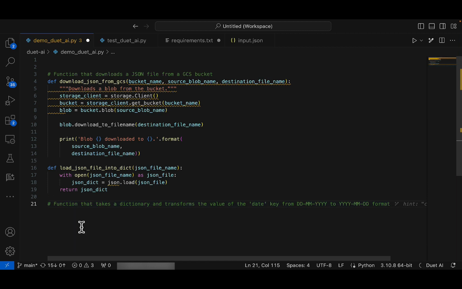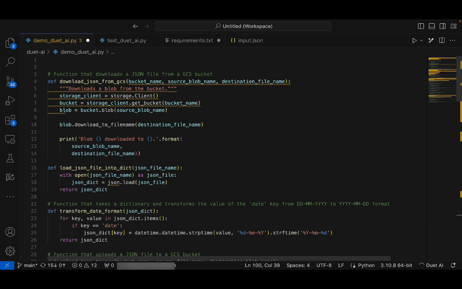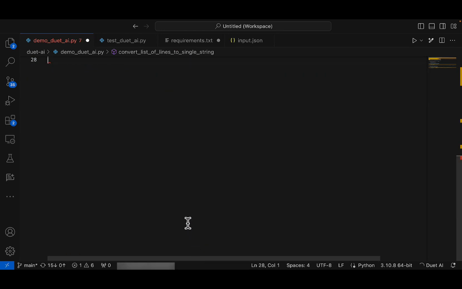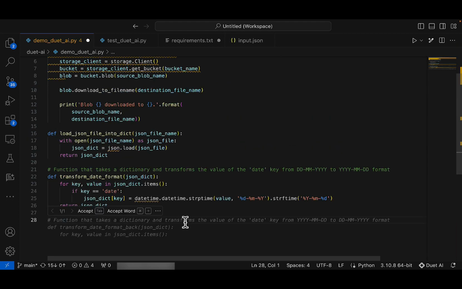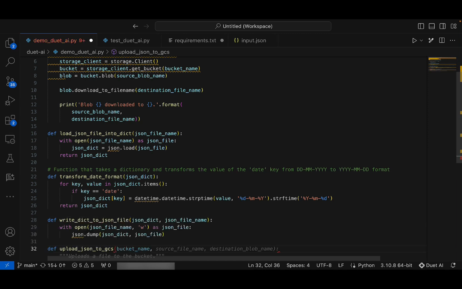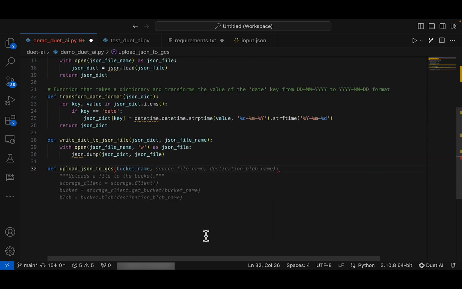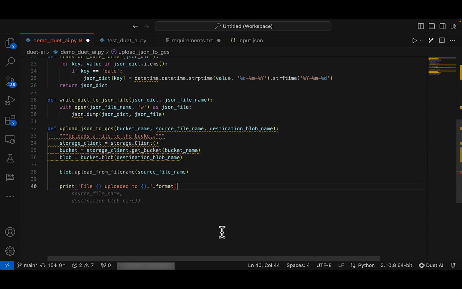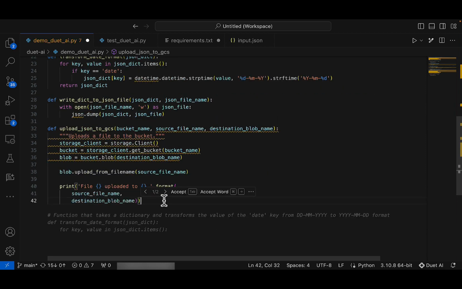Now if we click on generate code there, it'll get to the LLM and give us a block of code here. Once we press tab, we get this in our file as well, and we get a lot of other functions which it thinks we might want to use at this point. I would like to add a function that would write the dictionary into a JSON file and use that. So this is the function that we will need,